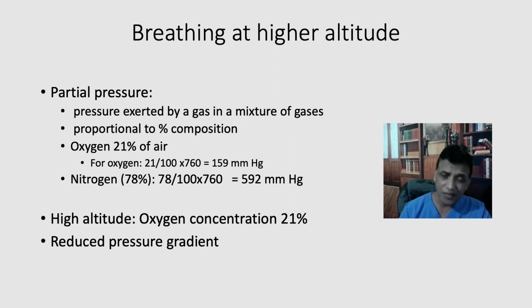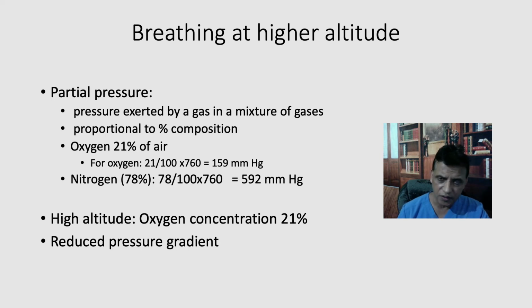Now at a higher altitude, the concentration of oxygen is still 21%, which is similar to the concentration at sea level. However, the number of molecules of oxygen in a unit volume is reduced, i.e. the density of air is reduced, or the air is thinner, so thereby it becomes more difficult to breathe. Another reason why it may be more difficult to breathe at a higher altitude may be due to reduction in